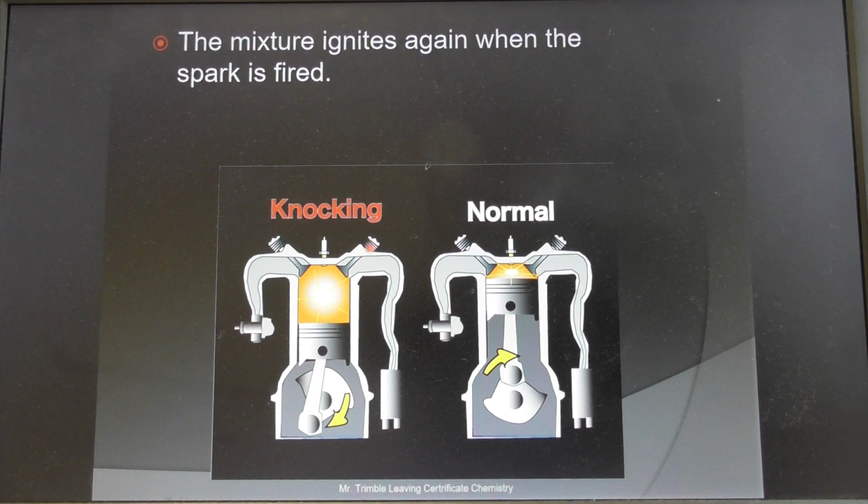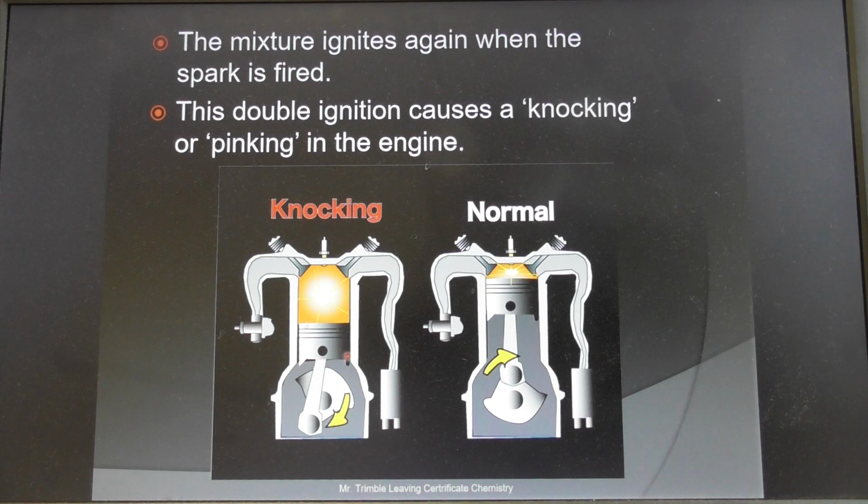You see the mixture ignites again when the spark is fired. Now the difference is when you have, that would be normal, you see. So that's the reason I had to tell you all about this. Really it's for this point, that when you have normal ignition of the fuel